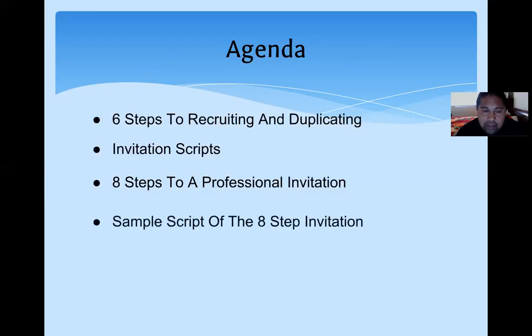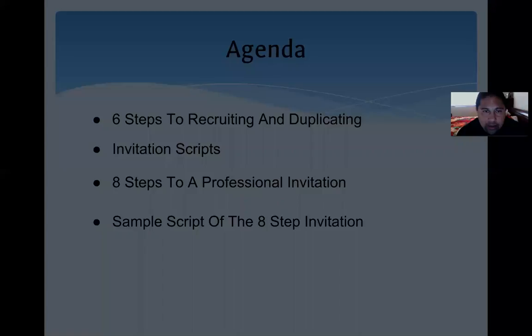And of course, we're going to have a sample script that I'm going to go over by myself. Too bad my wife's not here. Normally she would help me with the script, but we can improvise. I'll even make different voices for you guys. So this is what we're covering: 6 steps to recruiting and duplicating, invitation scripts, 8 steps to a professional invitation, and a sample script of the 8-step invitation.